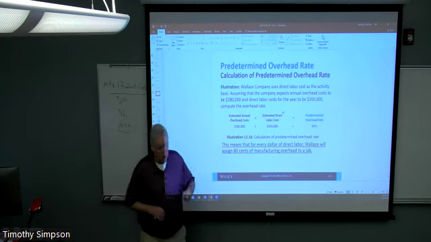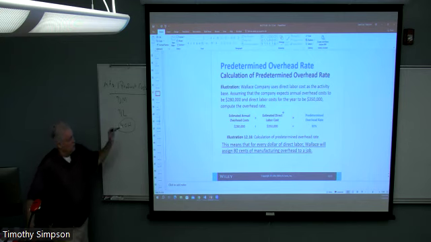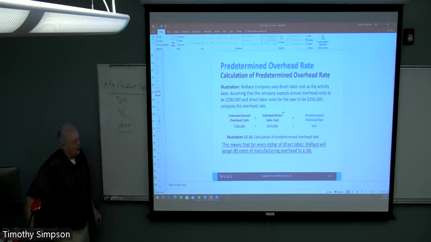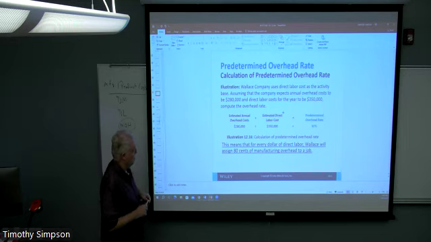Now, up to this point, this is sort of a missing piece of the puzzle that we really haven't gotten to yet, because up to this point, with this Wallace Company example, we've done things like incur costs for materials, and some of those have been direct, and they've gone straight to the work in process inventory account. It's an inventoriable cost. Others, like indirect materials, go first to overhead. It's a preliminary step. In the case of labor, direct labor goes directly to work in process. Indirect labor will go to manufacturing overhead for now, okay? And at some point, we will move all these costs over to work in process. And we'll hopefully get through this process today, so you'll see what's going on.